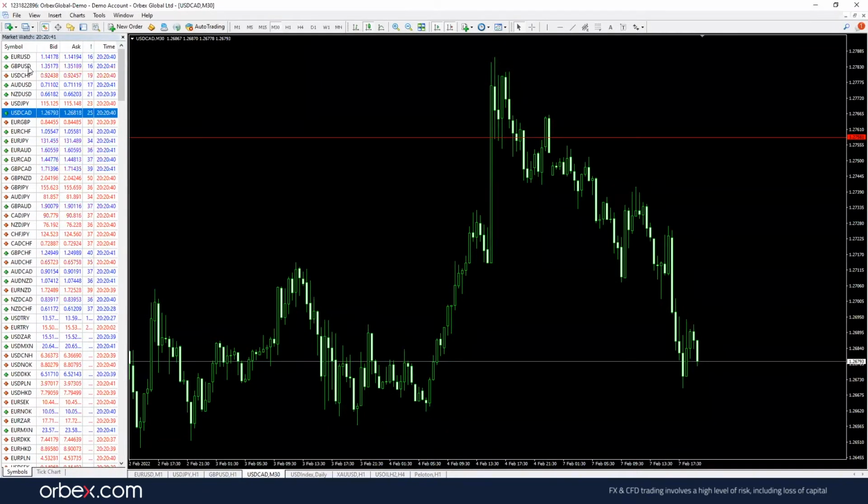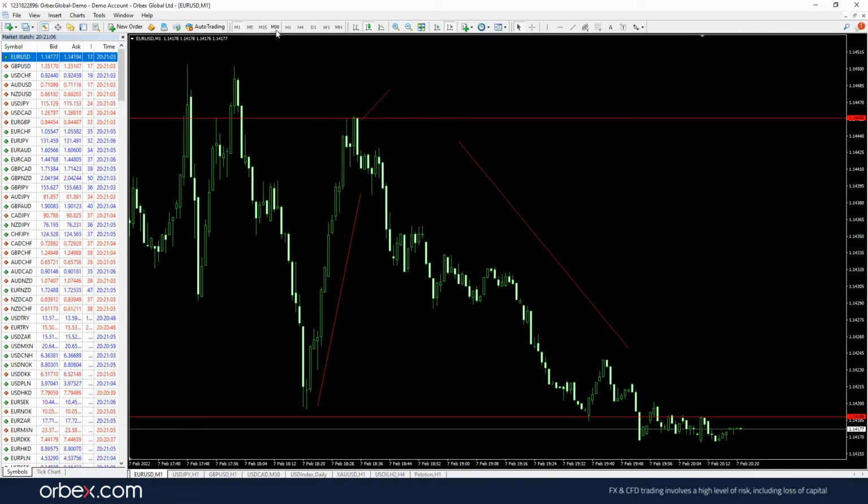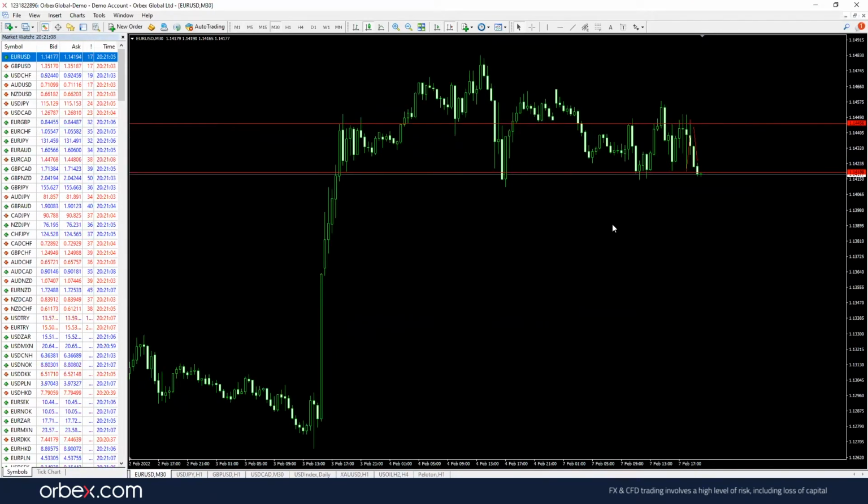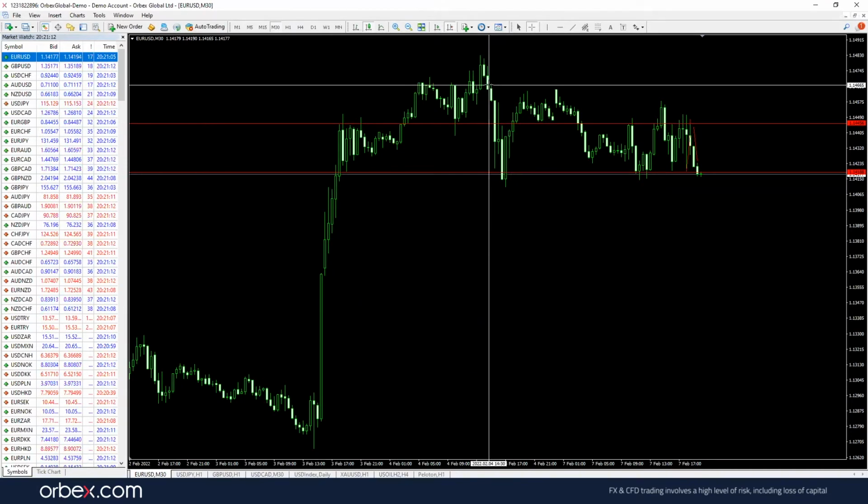So euro dollar, pound dollar. If there was news coming out that was very, very buoyant for the American dollar, any pairs such as dollar yen, dollar Swiss franc, dollar CAD, if it was beneficial for dollar, these pairs would move higher because they're against another pair. Conversely, we're looking at euro dollar. If we go back to the 30-minute chart here, if it was bad news for the American dollar, we would see